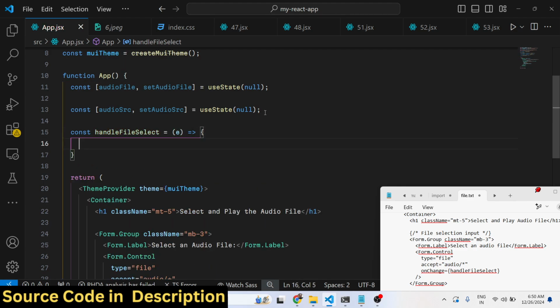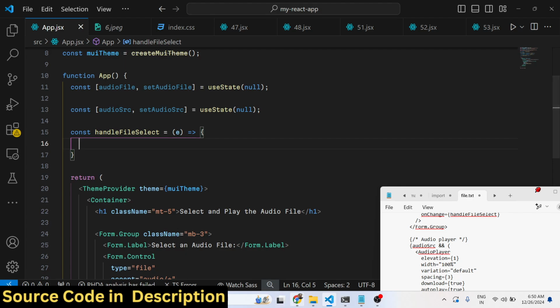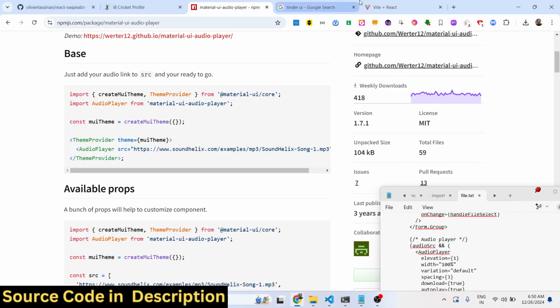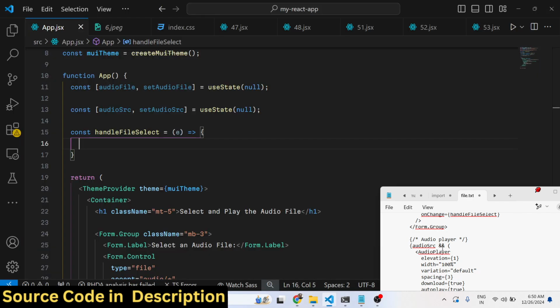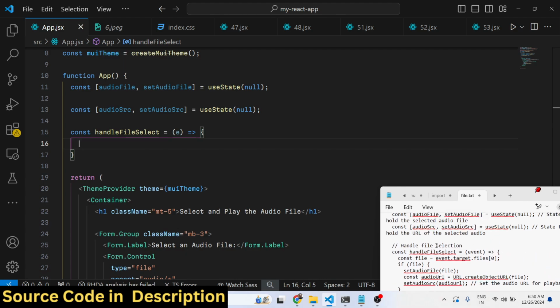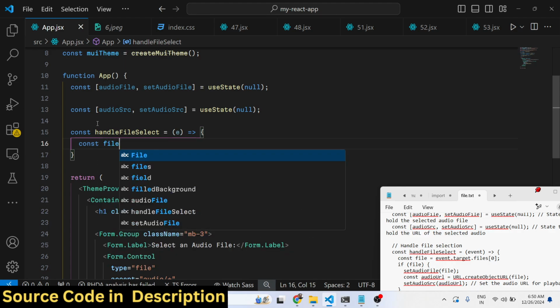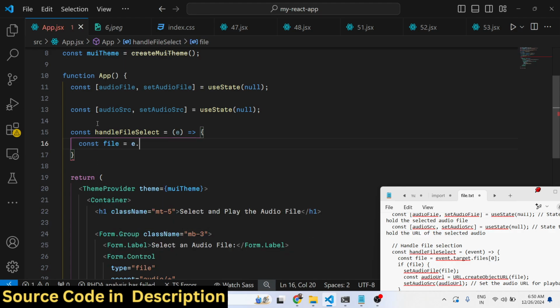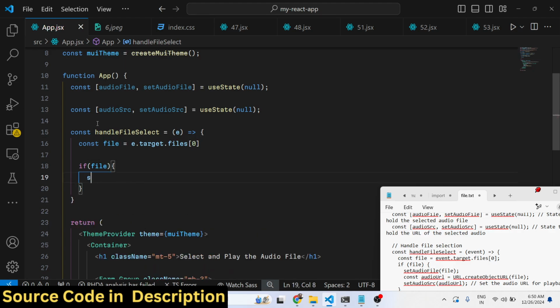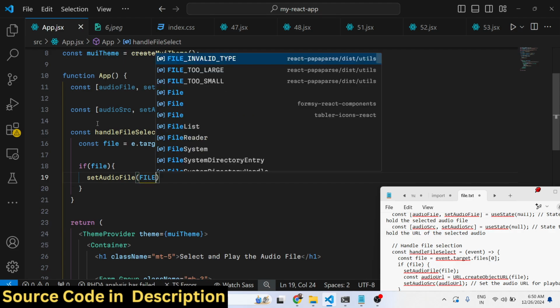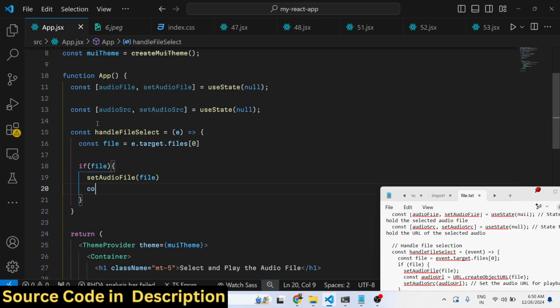So right here we will read the audio file first of all. So if you refresh your application now, you will see a simple choose file button being added, and now inside this handle file select method, I will just get the file that the user selects by simply saying e.target.files.0. And once we get the file, we can simply read the file. We can set the file, set audio file in the state, and then we can read the audio file by simply